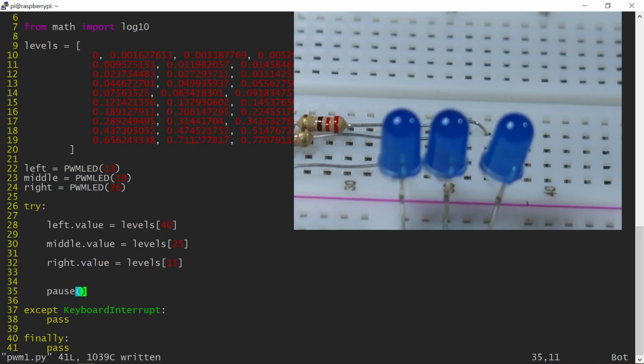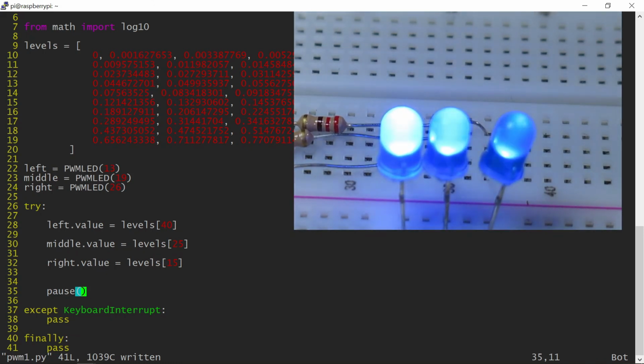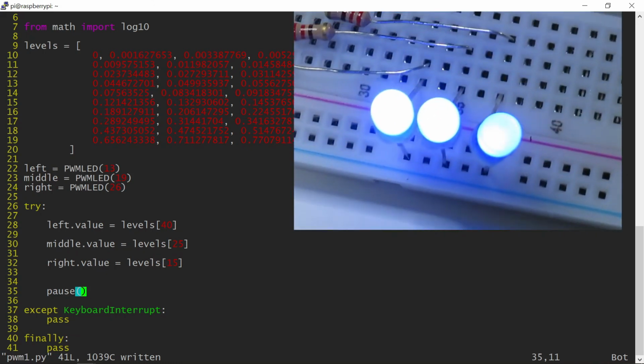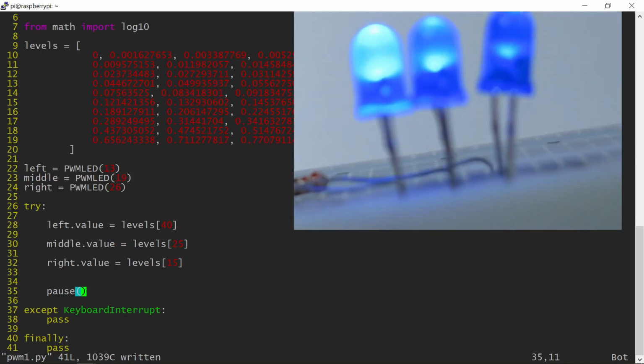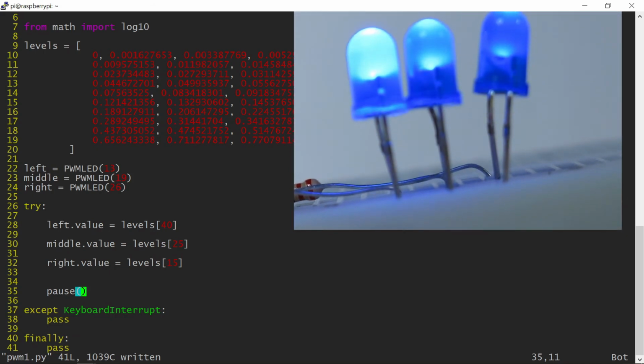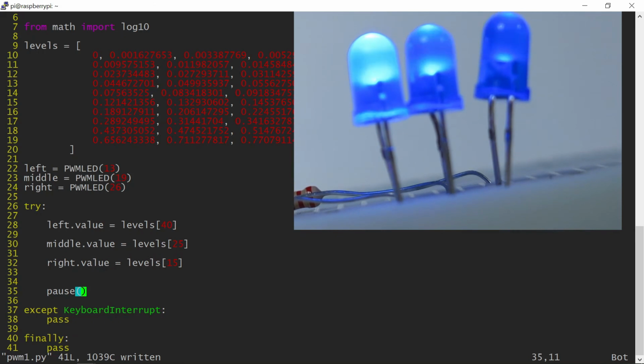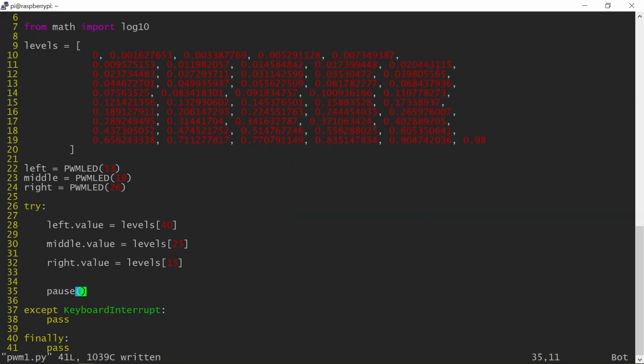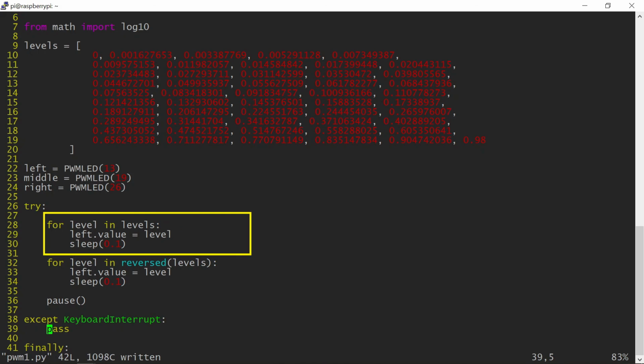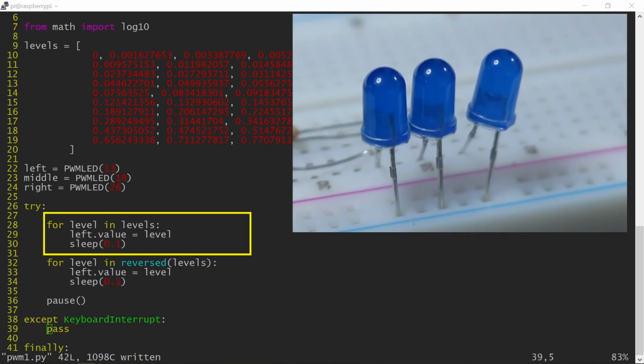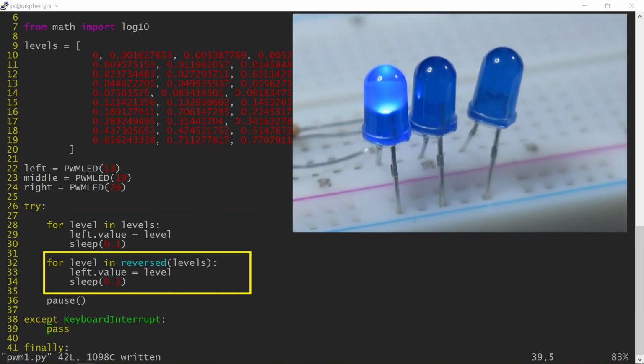Let's run it. Again, any flickering that you see has nothing to do with the code. It is just a shortcoming of the video recording. Since the lookup table is a list, it is very easy to use it with loops to implement functionality similar to the pulse method. Ideally, such code should be run as a thread, but I discussed threading in a separate video. Of course, you can loop through the list in reverse order too.